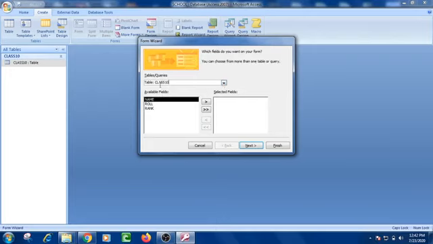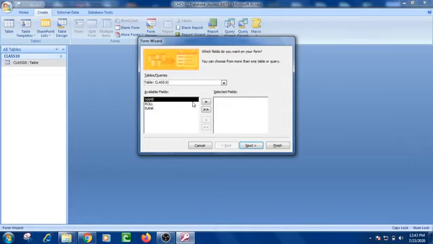Below the table queries, there are 2 columns, available fields and the selected fields. Now in the available fields, the various fields present in the class 10 table will be displayed here. Now what do you want to add? Which field you are going to add in the form is done here.